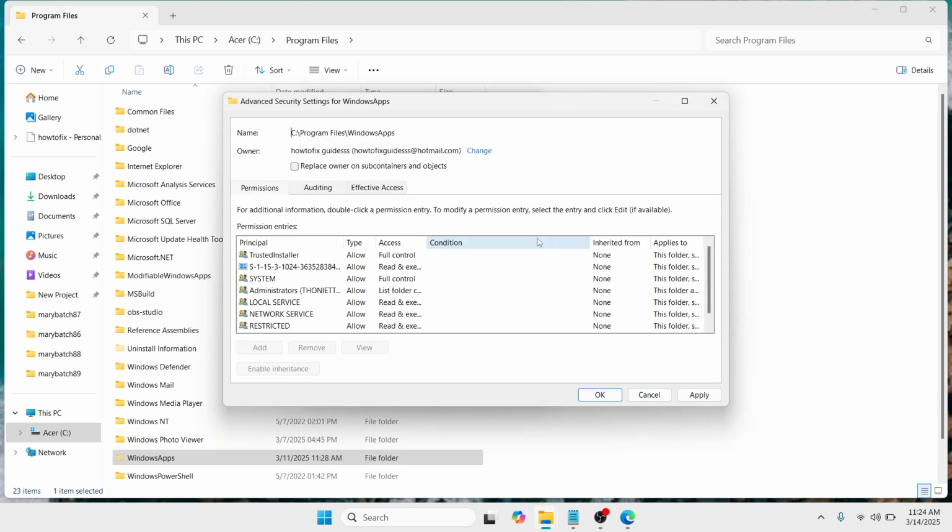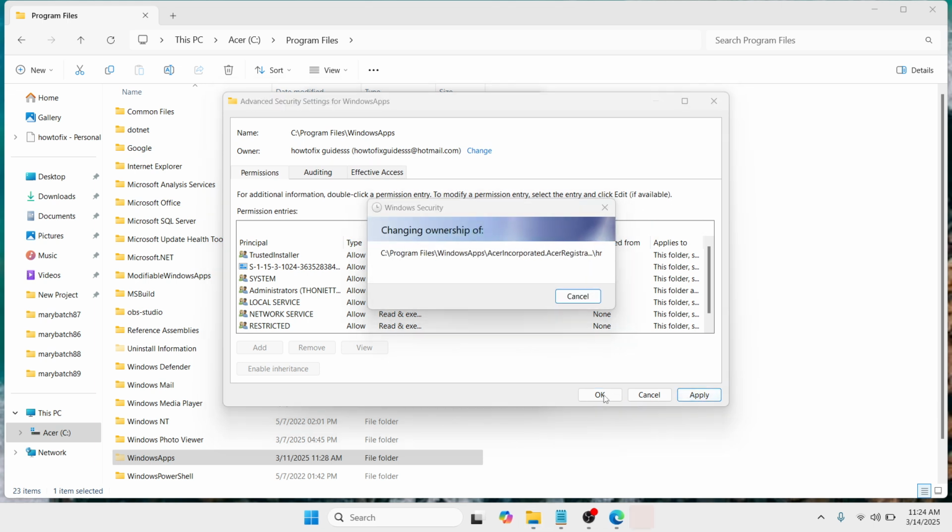Once you have set it, mark this check, replace owner on subcontainers and objects, and then click on apply and then OK. Just wait until this changing of ownership is done. Once you're done, just check if your problem